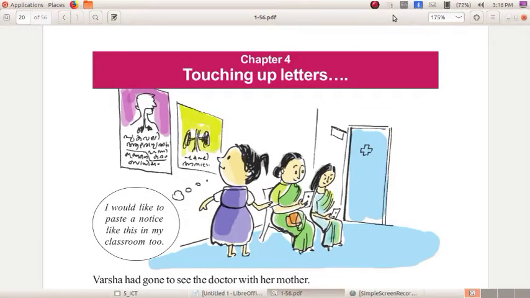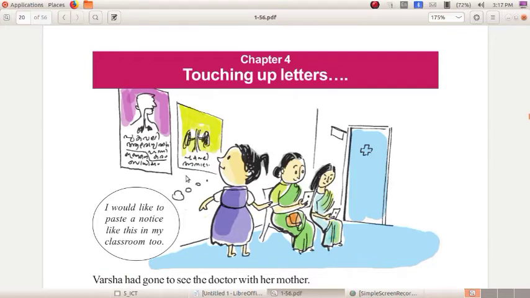Dear children, can you see an image here? Then say, what is that image? Yes, there is a girl standing with her mother. So what is the name of that girl? Can you see in the first sentence? Yes, Varsha. She came to the hospital with her mother. What is she doing?